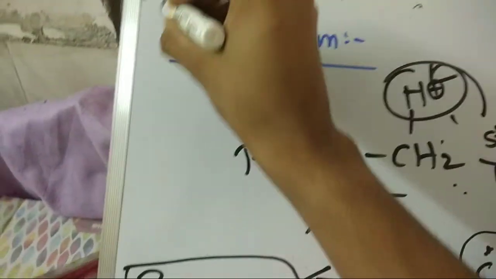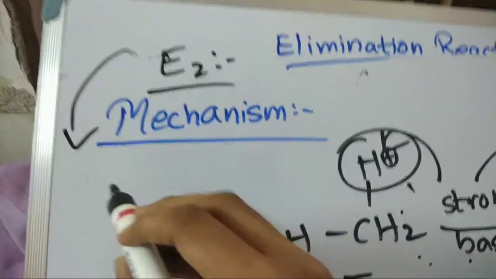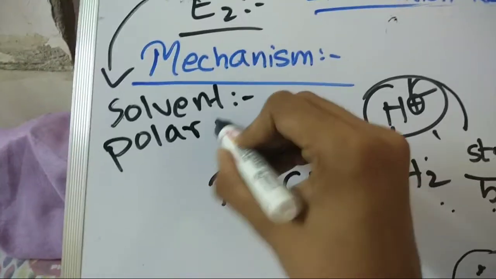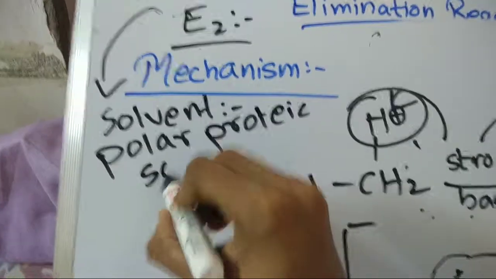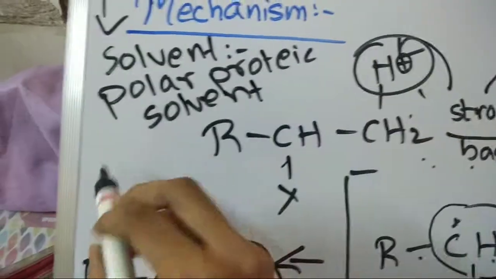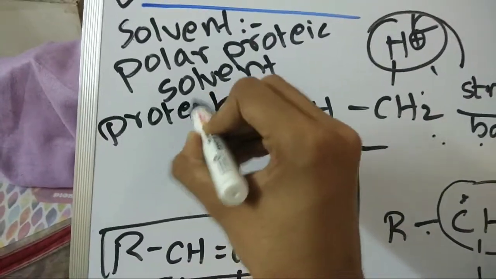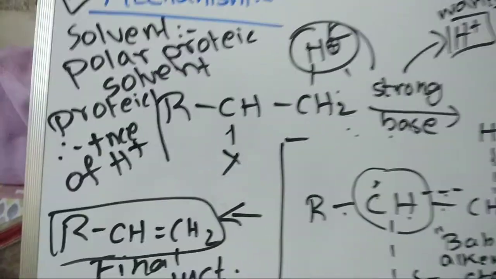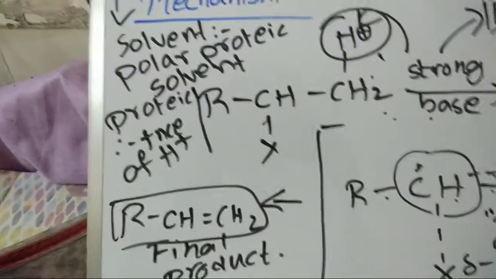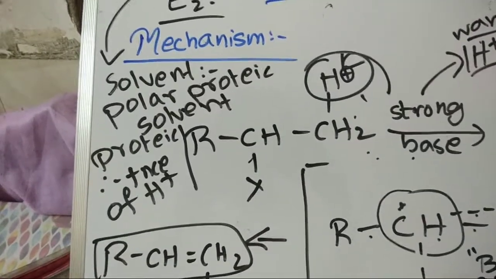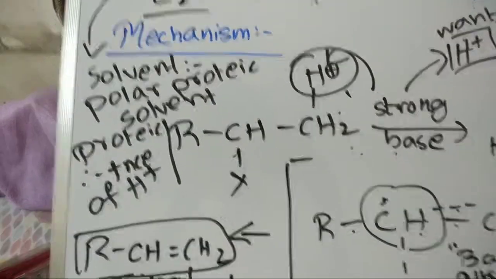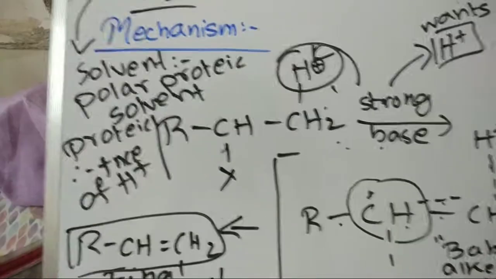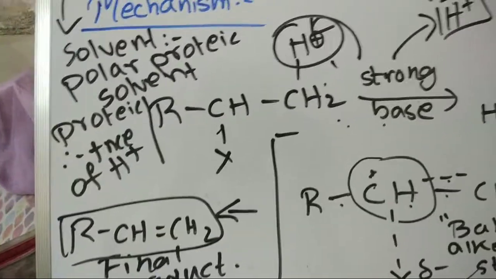And always remember, in E2 the solvent is polar protic solvent. What is the meaning of protic? Protic means presence of H plus. Aprotic means absence of H plus. In E2 the solvent is always polar protic, and the word protic means here the presence of H plus. See, H plus is present, and aprotic means absence of H plus. Okay,